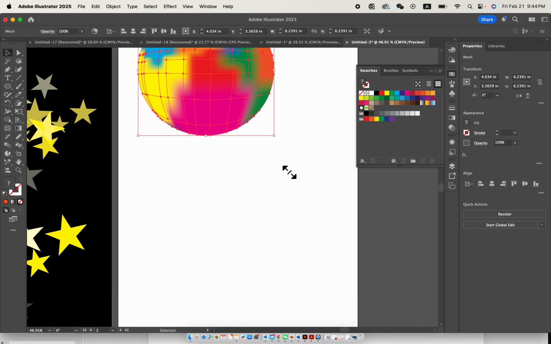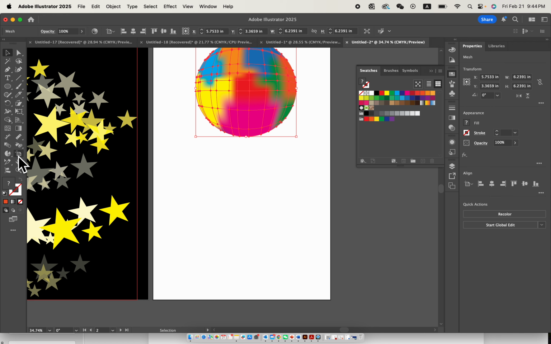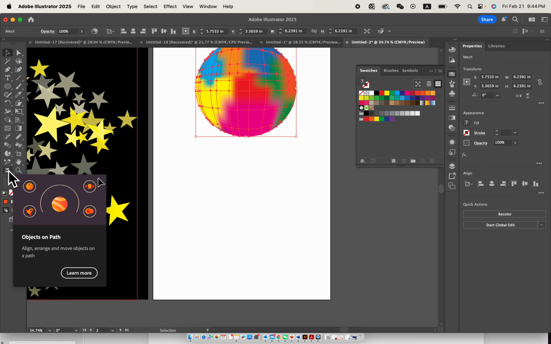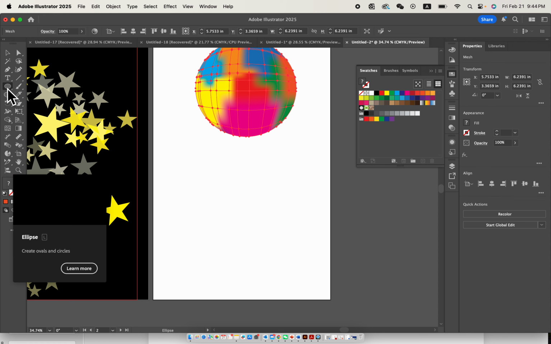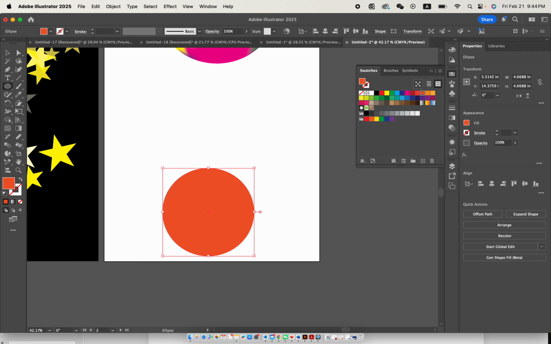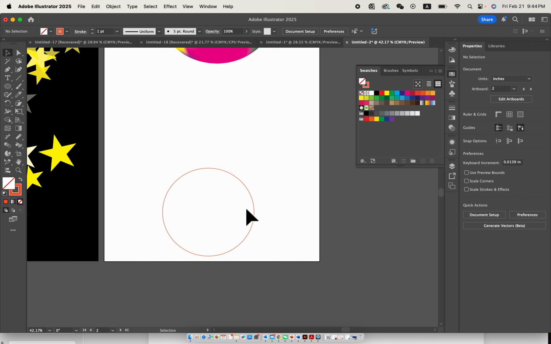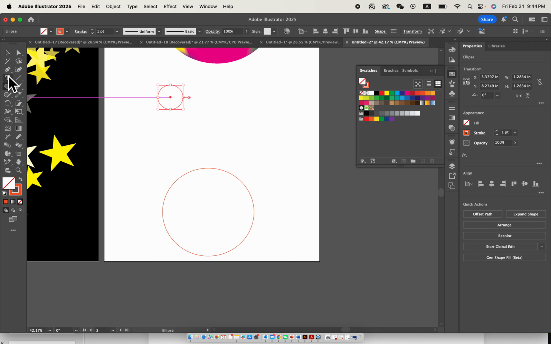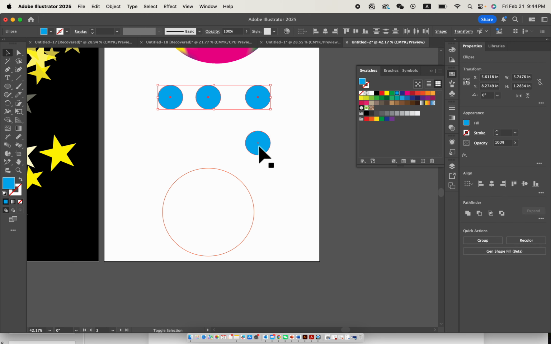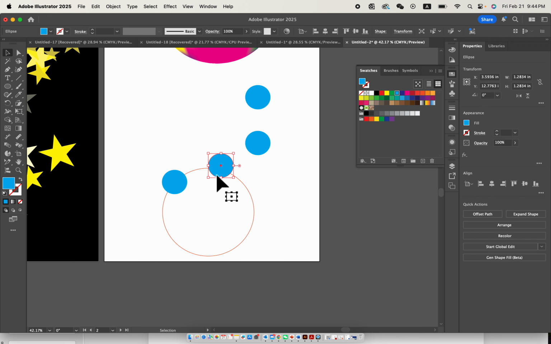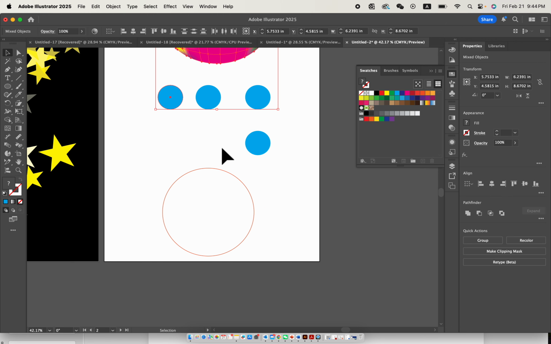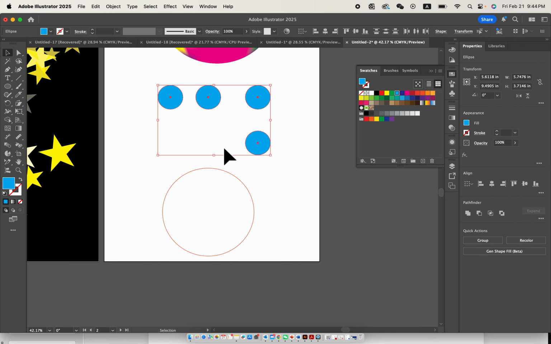Yes, so the last tip we're going to talk about is this one, right? Object on path. For example, we have a path here, and I want to add several circles on the path. Okay, I'm going to change it into another color. I want these shapes to be on the path. You do not have to do it one by one, right? That takes time. We want to select them all